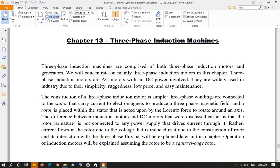Three-phase induction motors. Three-phase induction motors are basically AC motors and perhaps the most widely used AC motors. We discussed DC motors in detail, of course, and in the DC motors and DC generators, your armature where the